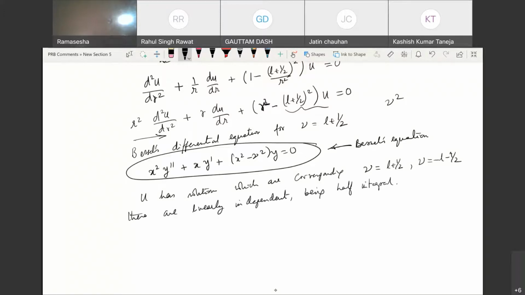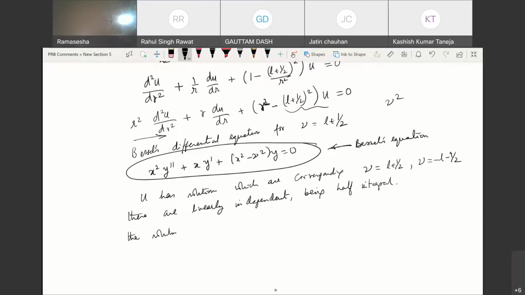Okay, so usually for integer n, J and J minus n were taken because J minus n was dependent. But on the other hand, when the index of the Bessel function nu is actually not an integer, then the Bessel function J minus nu is linearly independent from J plus nu. And so